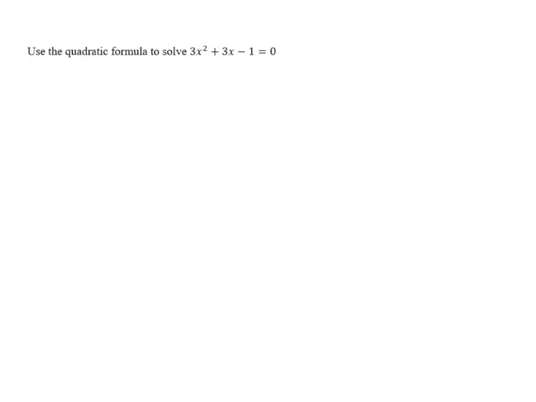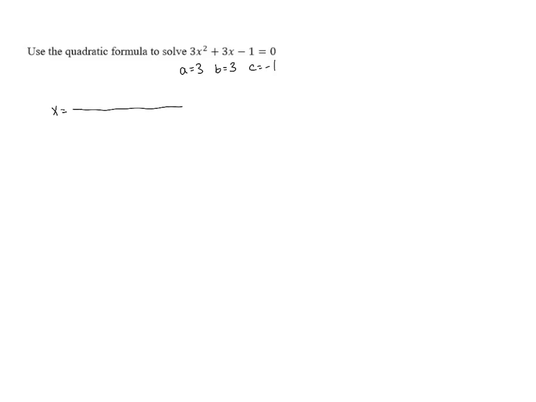Use the quadratic formula to solve 3x squared plus 3x minus 1 equals 0. In this problem, the value of a is 3, the value of b is 3, and the value of c is negative 1. And once we know the values of those coefficients, we can substitute them into the quadratic formula,